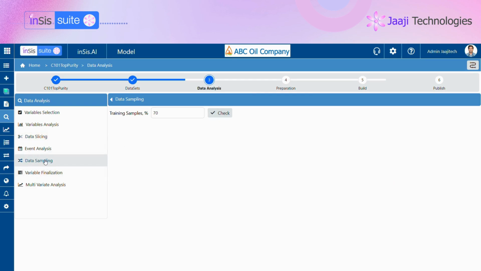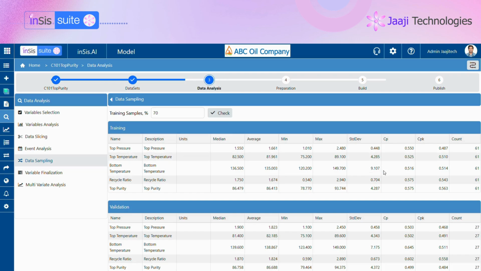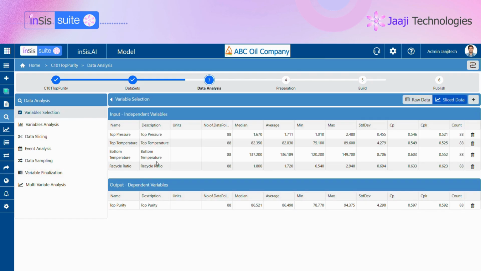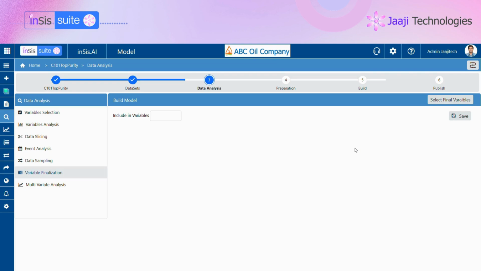Now I can select some data sampling. I can use 70% of data for training and 30% for validation. Then here there's a variable finalization. Basically, I can use AI again to identify parameters which are really useful for building a model, I mean, which are more effective. Here I selected, I think, one, two, three, four input parameters. So if you want to further reduce, you can use this,